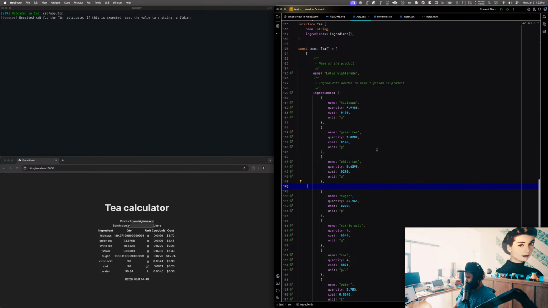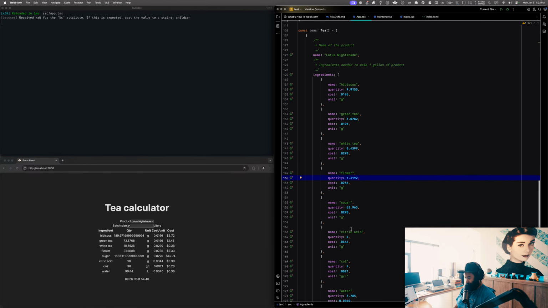Oh, I have an even better idea. I'll just move it in the spreadsheet. That's probably easier. No, it's not. It's not easier. Yeah, I'll just keep it the way it is. This is actually the better way. It's just that I wish that my spreadsheet were where I can easily change it, and I can't. It's the reason why I'm doing it this way. So hibiscus is right, and then green tea,